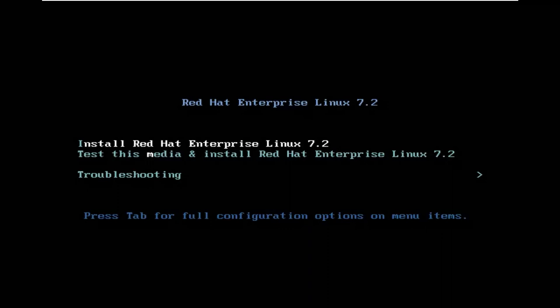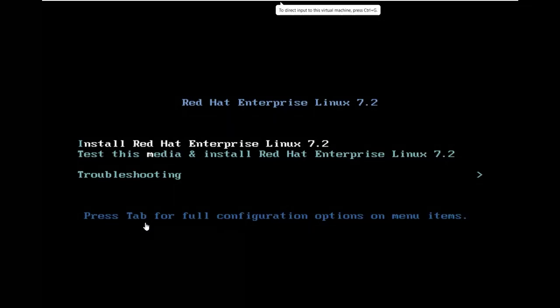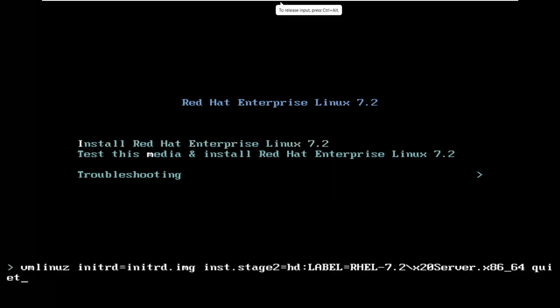For that, if you see here, it says press tab for full configuration options on menu items. So first select the option for installation and then press tab. Now when you press tab, it shows these lines here. These are the booting parameters and your cursor is at the end of the line. Now I want to do the TUI installation, so I will press space here and then I will type